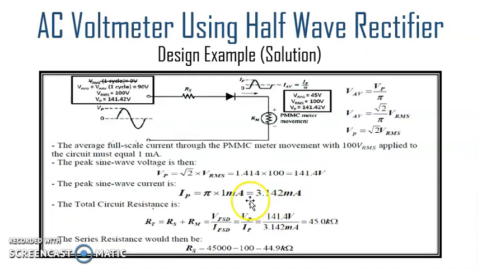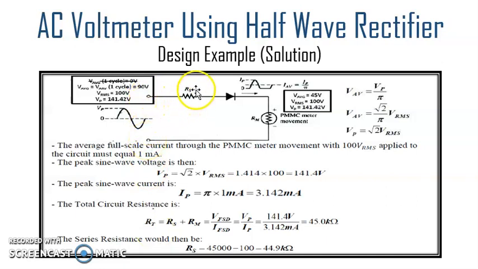So we'll proceed with the design. First of all, we are going to make use of 100 volt RMS. That is, we are going to convert this 100 volt RMS into equivalent Vp, so it is supposed to be multiplied by root 2. So we are done with the value of Vp. Similarly, we are going to make use of the equation I average is equal to I peak over pi, and determine the value of Ip. Once we are done with Vp and Ip, we'll divide Vp by Ip to have the value of RT. This is the total value of resistance that is existing between these two terminals.